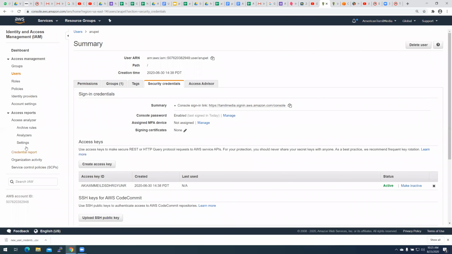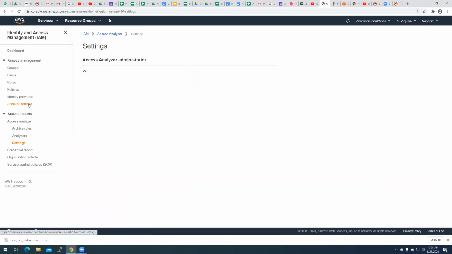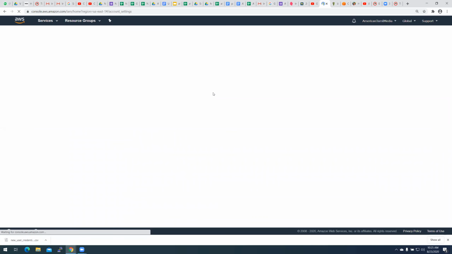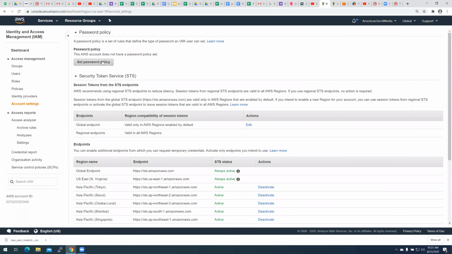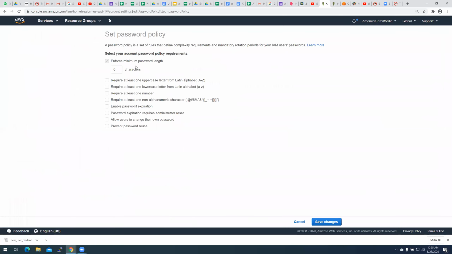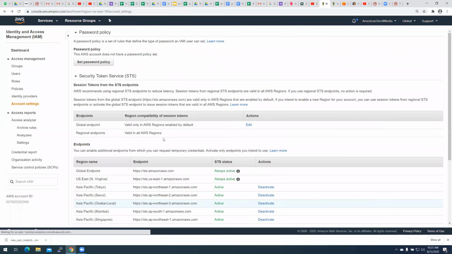Okay, so I think it is under the account settings over here. Under account settings, you can set the password policy: how many characters minimum and what combinations of characters, those things. If you have done any directory services administration, you can do that.